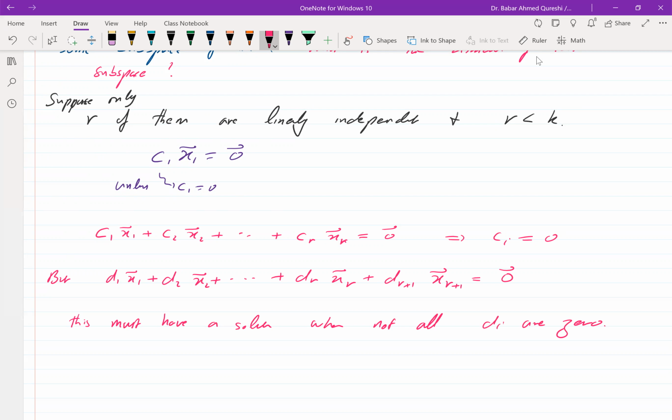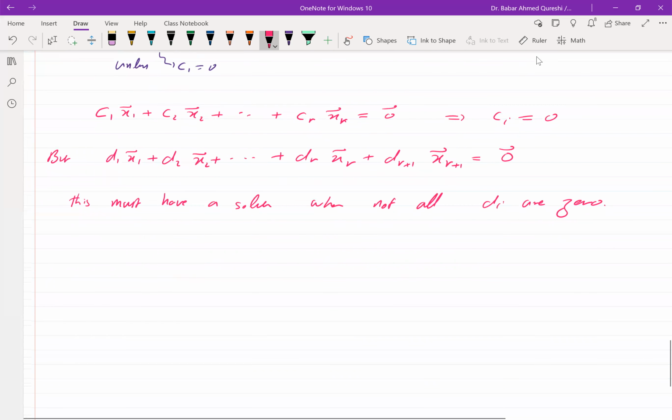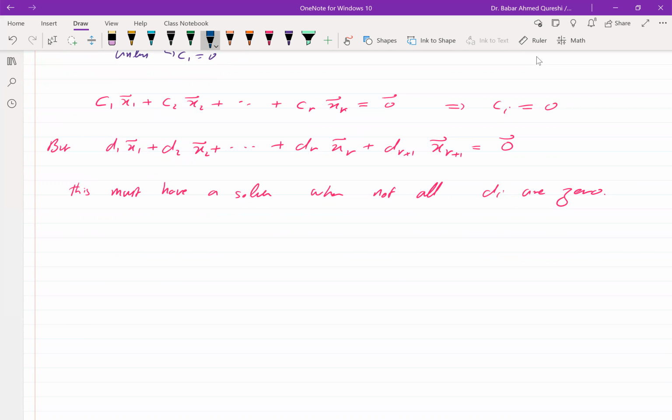Because my assumption is that r is the maximal set of linearly independent eigenvectors. When I add one more from the original set to this, they become linearly dependent. Since x1, x2, up to xr, with one more added to it, are linearly dependent,